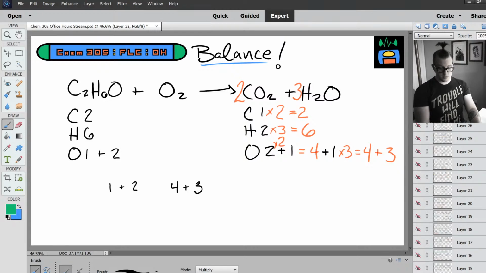Now here's the deal. We are looking for something to multiply O2 by, right? We don't want to mess with hydrogen. We don't want to mess with carbon. We want to multiply O2 by something so that the number of oxygens on both sides of this reaction are the same. Now we have an equation we can solve. So if we subtract 1 from both sides, we get 2 times our number of interest is equal to, let's see, 4 plus 3 minus 1 is equal to